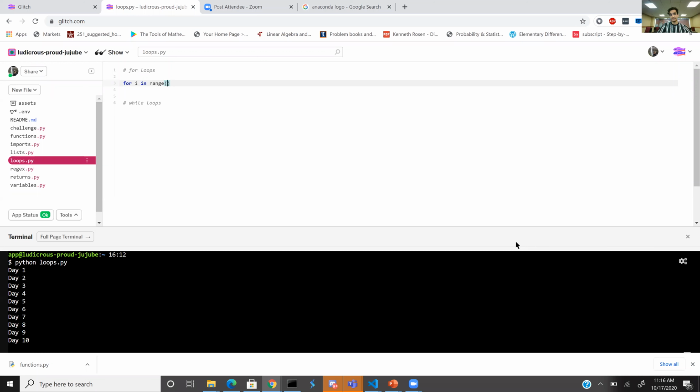And we want 10 days. So in range 10. And lastly, we need a colon, just like function declarations. And we also need to indent the body of the loop. Now, what we wanted to do was print day, and then the number. So we can do this by using our print function, print day,